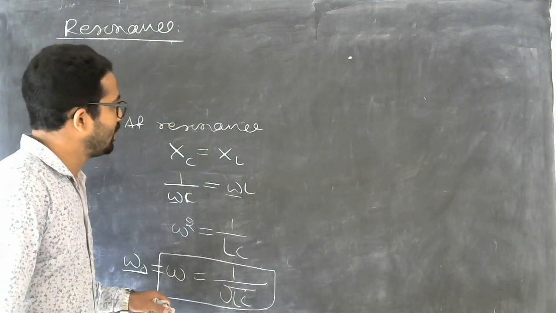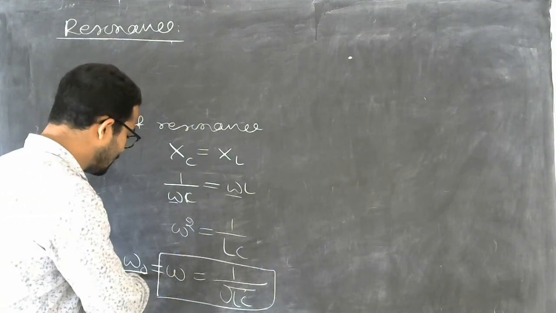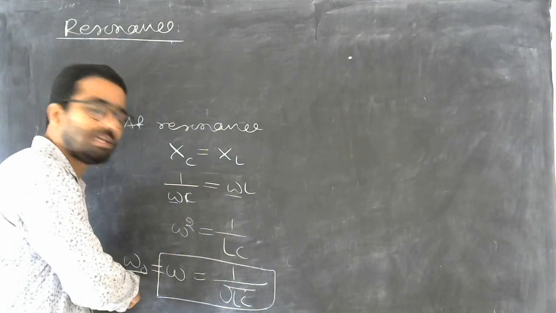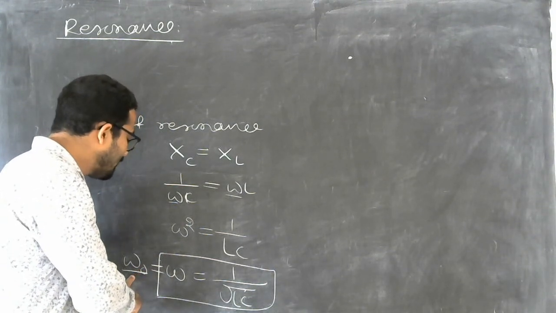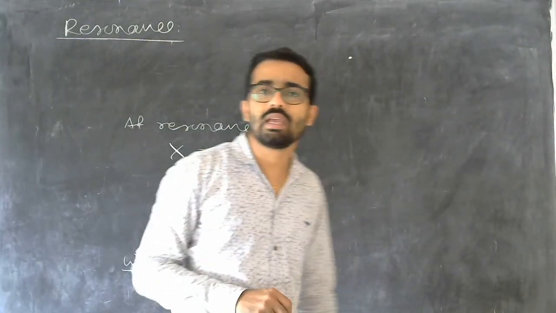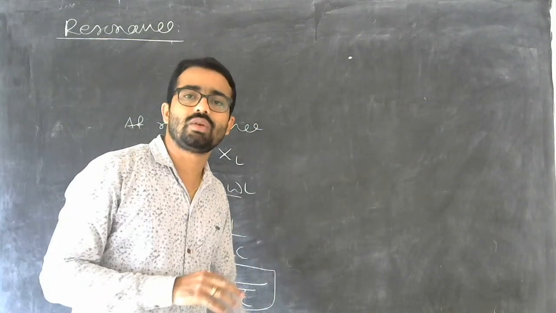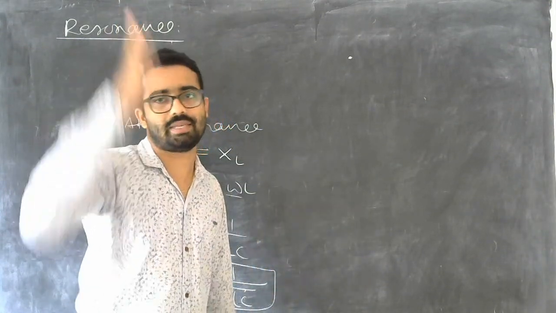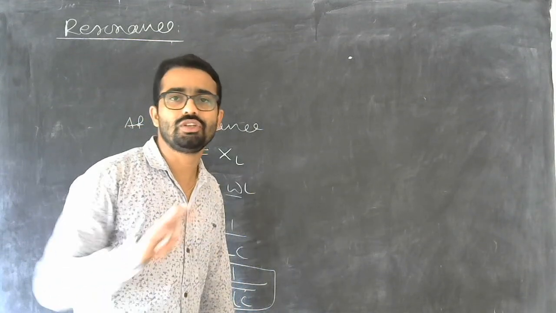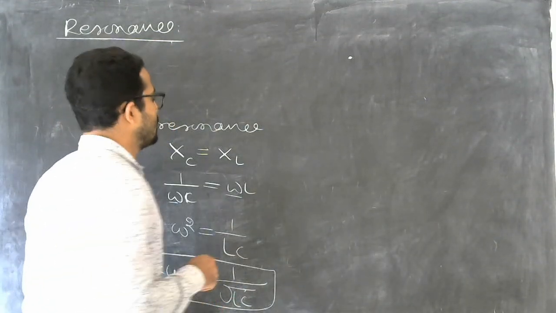I told you that we have to set one frequency. That is this one, the resonating frequency. If the resonating frequency is equal to the received frequency, then the current in the circuit will reach maximum. That condition is called resonance. Okay? Resonance is a condition